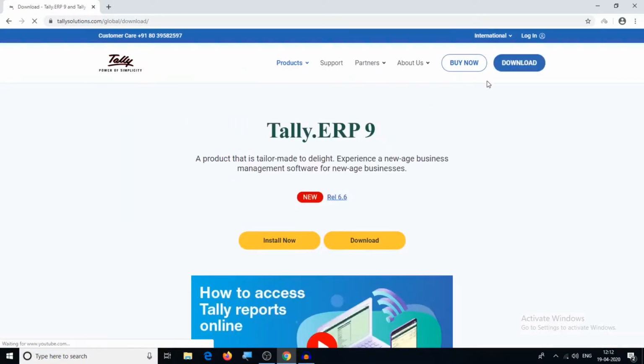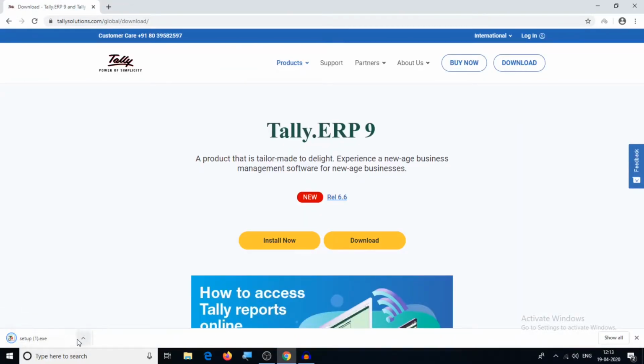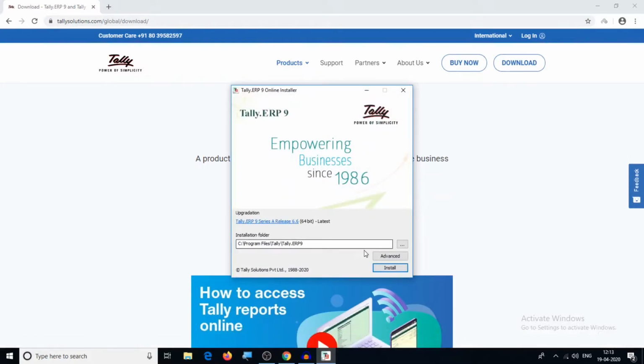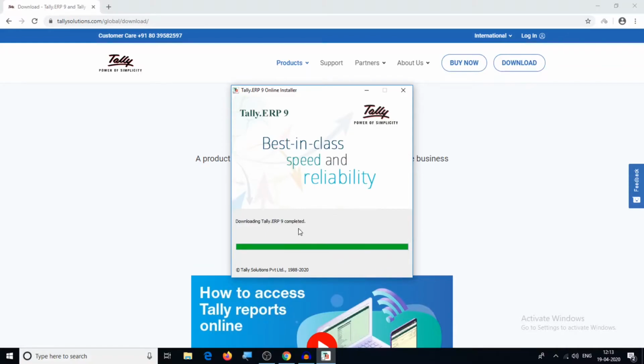I'll go to downloads and then I'll click on install now. There's this setup file right here. Say yes to the download and then click on install, and then it will download your resources right here and install the version of Tally. So let it do it. It depends on your internet speed. You don't have to worry about which country you choose because it basically doesn't matter with the results that we are going to learn right now.